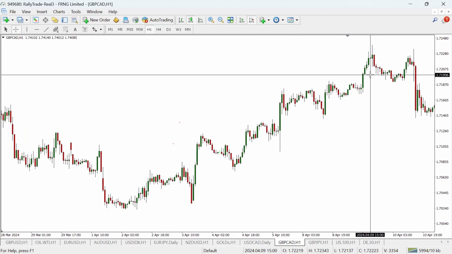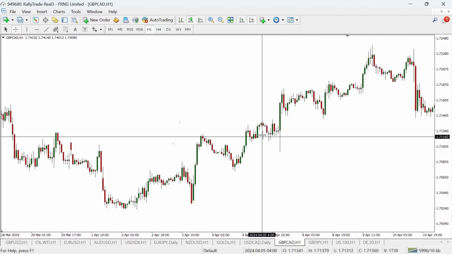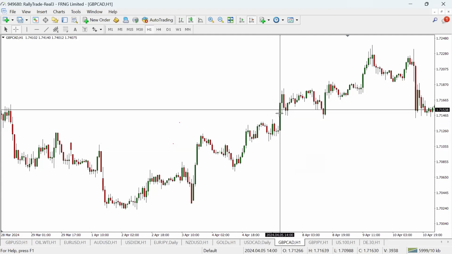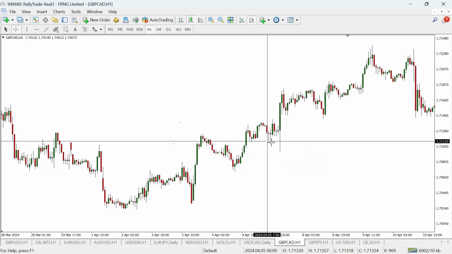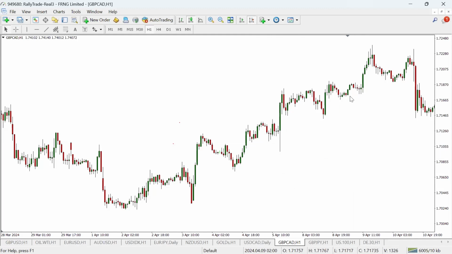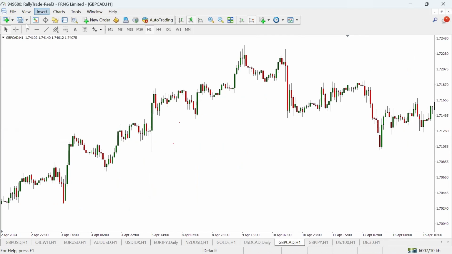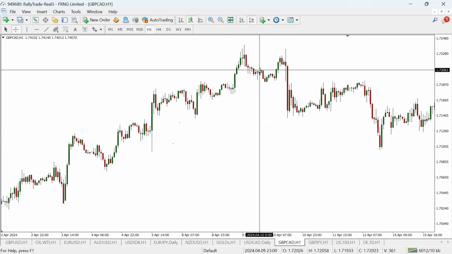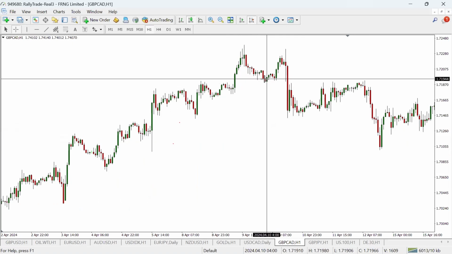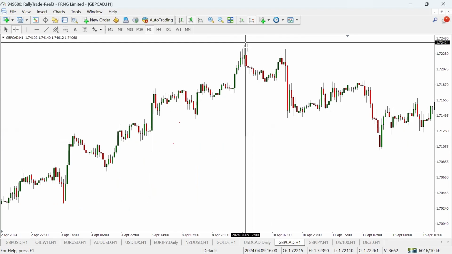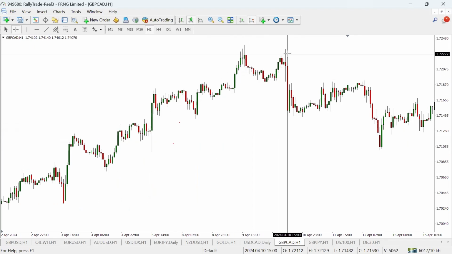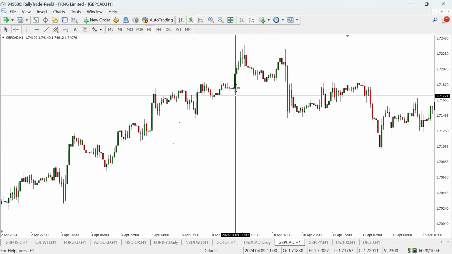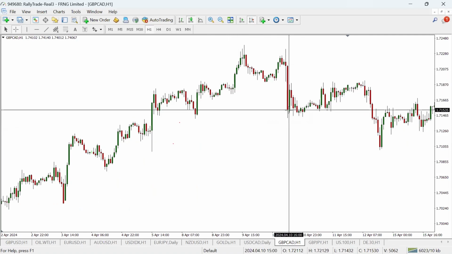Probably, for example, let's say you want to wait for this retracement to come in, or you want to buy from the lows. You don't want the last high to be taken out. Let's say you buy from somewhere here and the market keeps going down. Or in a situation like this, this is actually a good example. Let's say this new high has been created and this retracement, and you want to buy from here, expecting a new high to be created. Yeah, you would have been in profit, but what happened? The market actually broke this last higher low and you'll be caught in a change in trend,